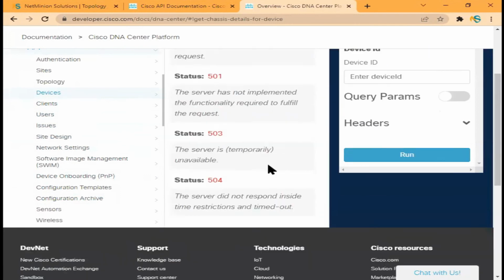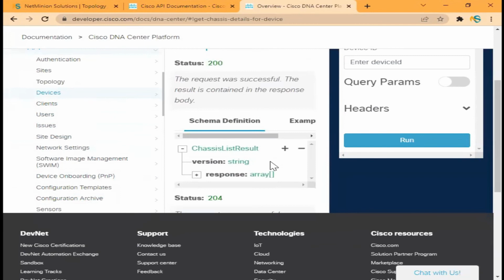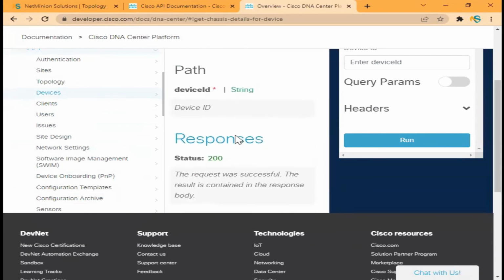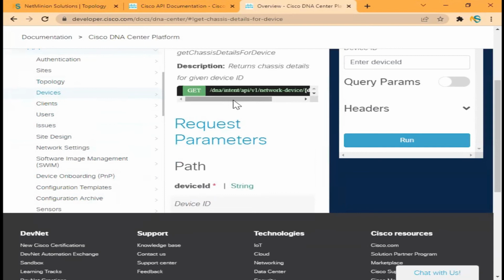again, it is talking about the status codes, and it is showing that if you want to go into the device, you need to send a request. This request should be this particular request, a GET request. So such kinds of API calls will come to you. You need to check this API call, and using these API calls you can connect with the device. Let me give you an example of this API call through Postman.